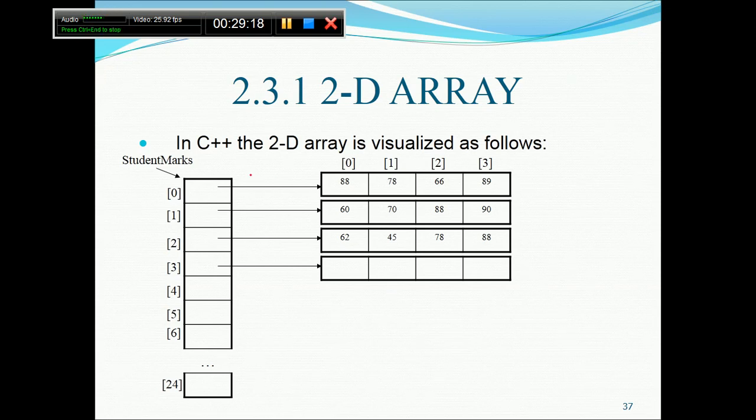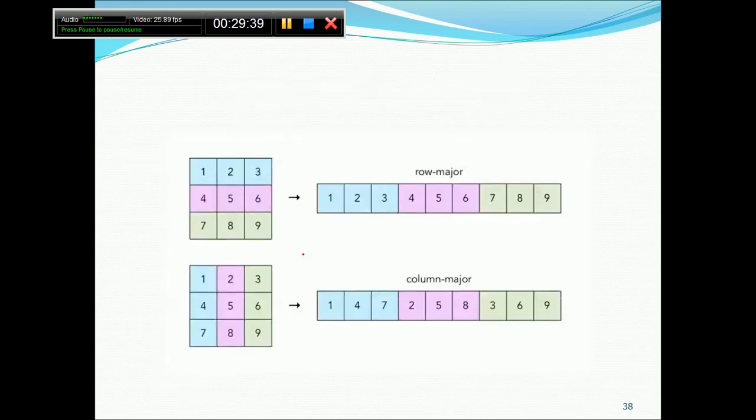So it is first a 1D array, or a pointer 1D array, with each storing an address of one more 1D array. That is the idea. It is a pointer, right? It is pointing to this particular array, and this is pointing to this array. In this way, a 2D array is actually stored inside memory.